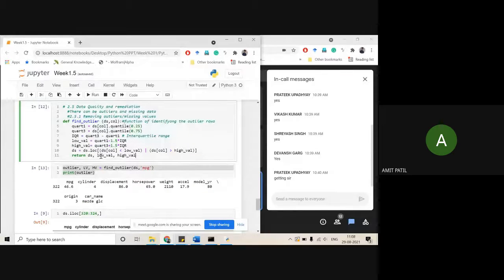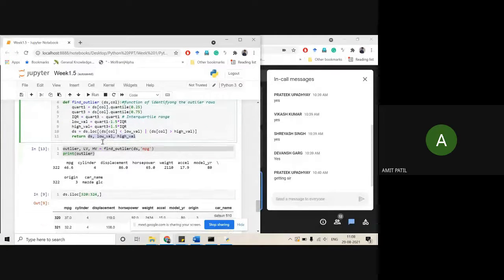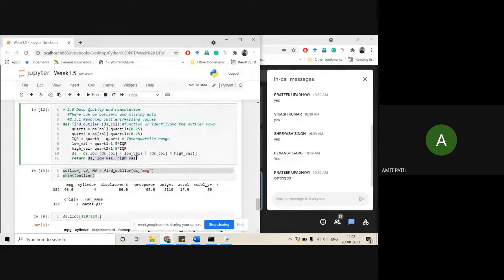Okay, so lower value and higher value, we are calling these three values from our function, right? So the only change we have made here is that we have added two more variables, our upper and lower threshold limits. Then just run it here.